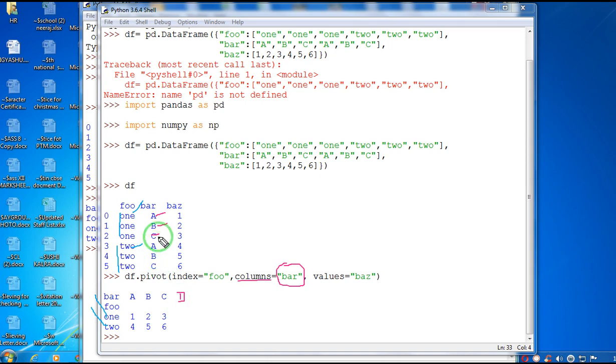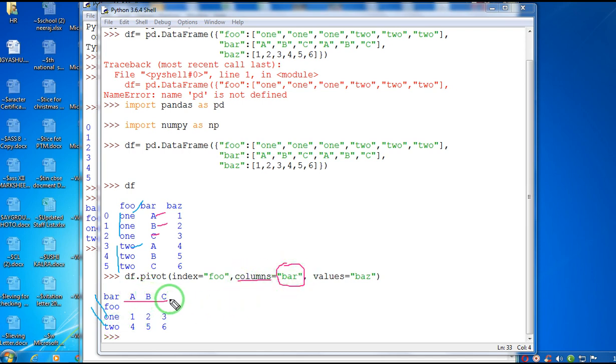But since there is no D, it will create columns with the labels A, B, and C. Unique values of index will become the row labels, and unique values of columns will become the column labels.